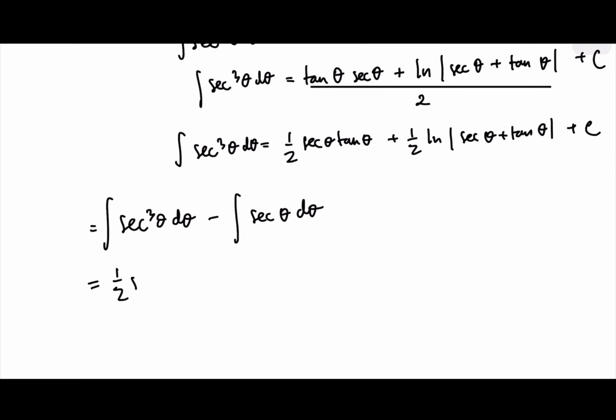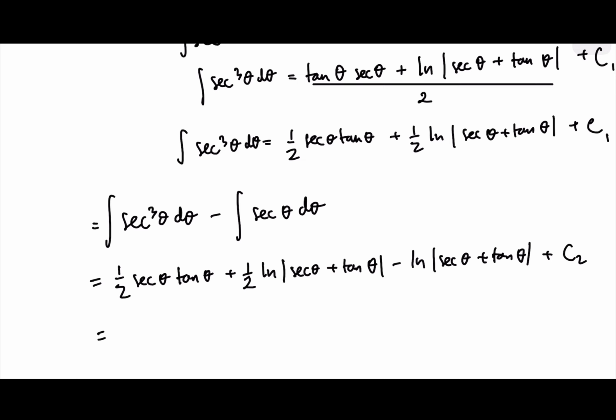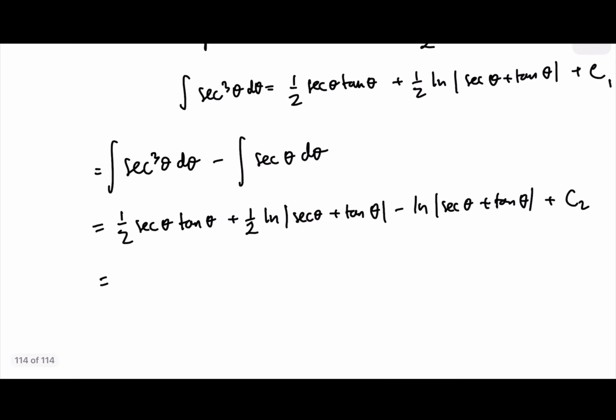So half secant theta tangent theta plus half ln secant theta plus tangent theta minus this, which is ln secant theta plus tangent theta. And then let's say this is C2 and this is C1, to make it different. And half and minus, we can have